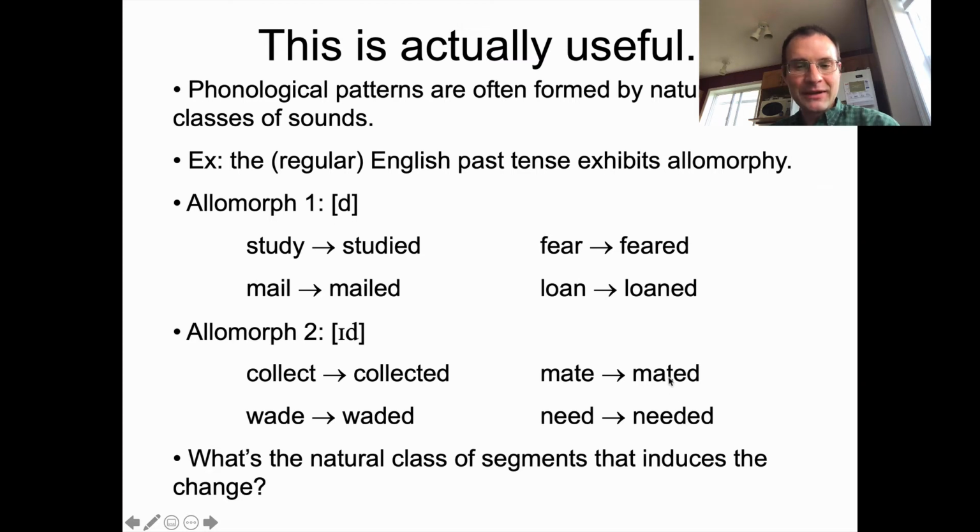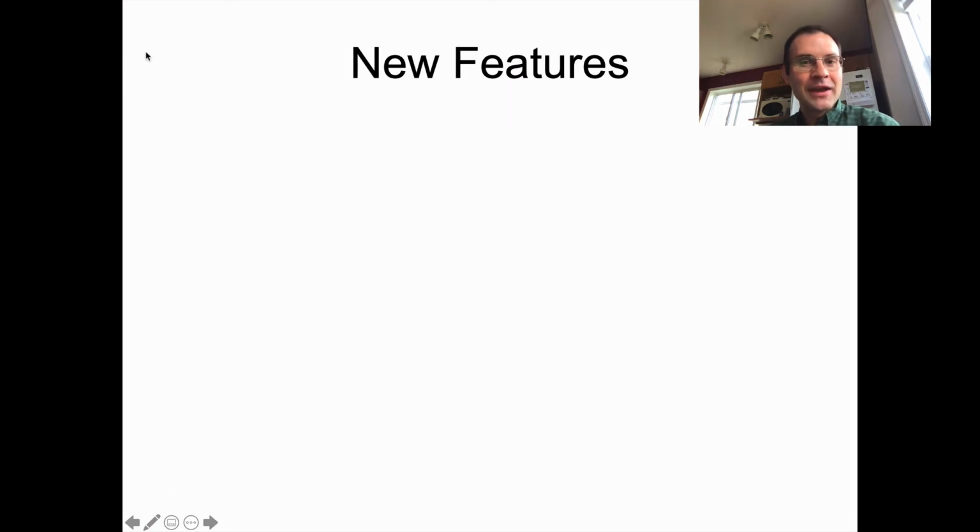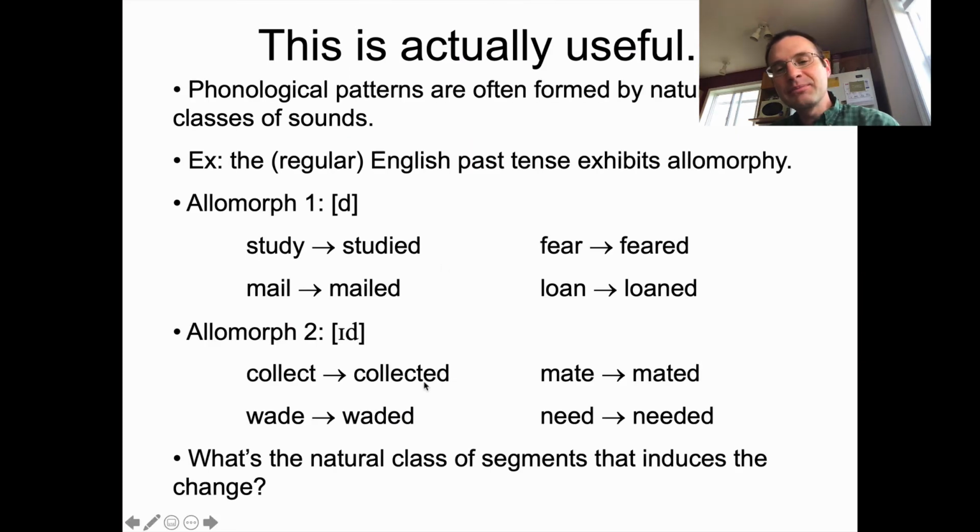becomes a flap in this context, because you have stress on the first syllable, mated or needed, and then going from a stressed to unstressed syllable, the alveolar stop turns into a flap on the surface. Same thing with weighted. Collected gets a little bit awkward because it's hard to produce a flap in that context, or English speakers just don't do it. So that one's relatively simple to kind of see.